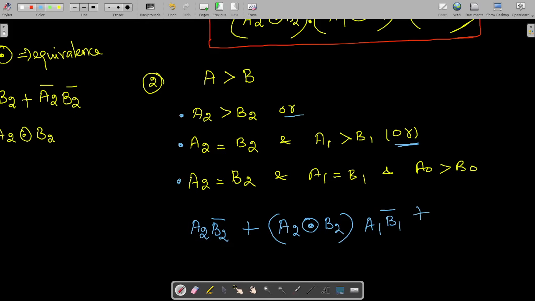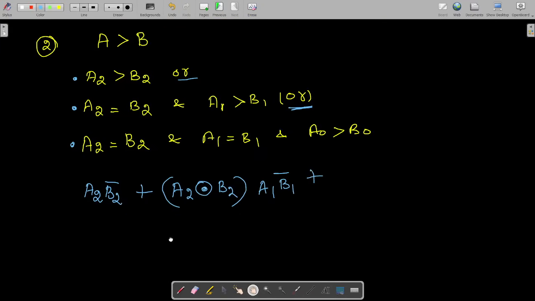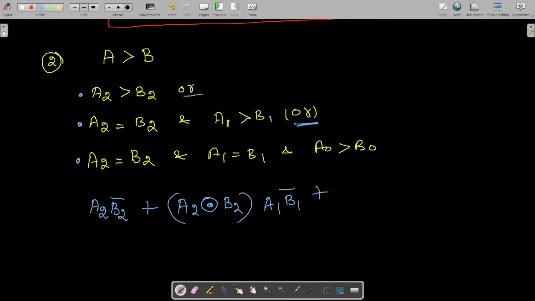Then the third condition is A2 and B2 are equal, which means the equivalence operator, X NOR. Then for this AND you put multiplication. So A1 is equal to B1, again the equivalence operator you can put,